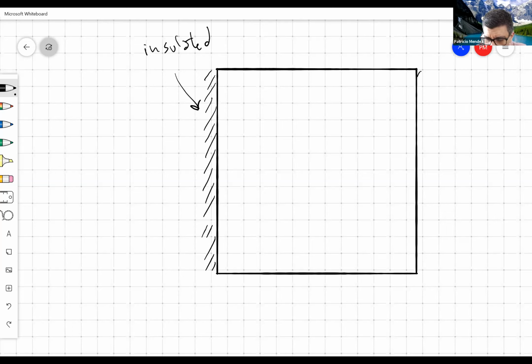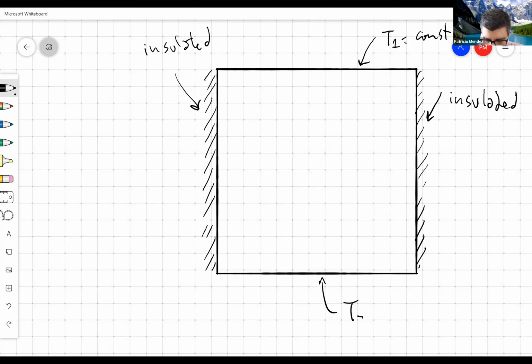Let's say that this other side is insulated. And let's say that this is T1 equal constant. And let's say that this is T2, bigger than T1, also constant. So in this system,